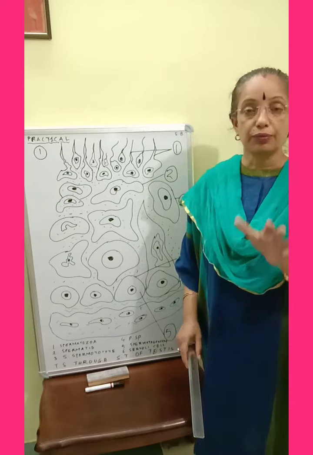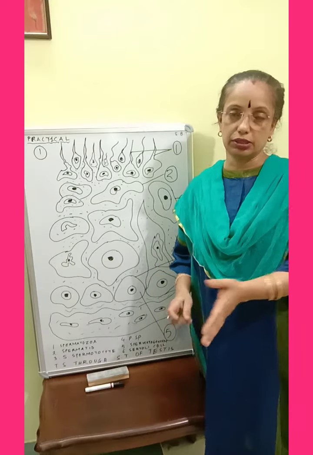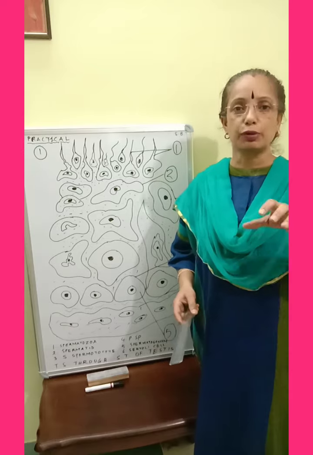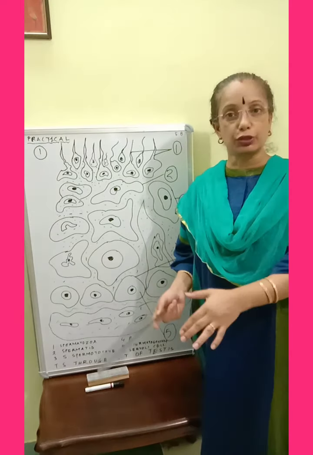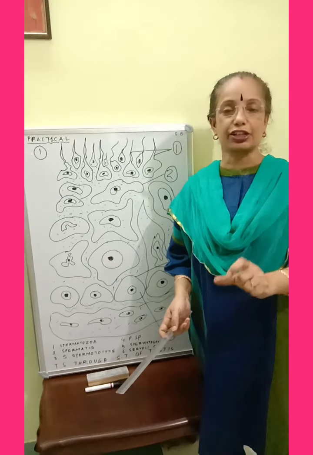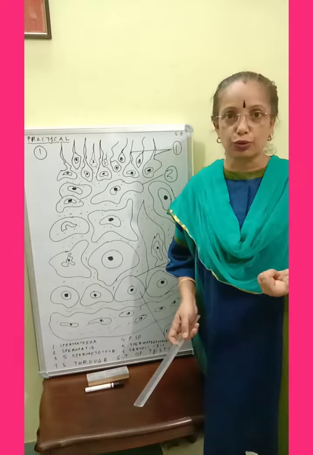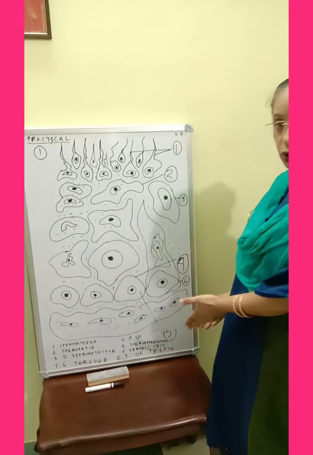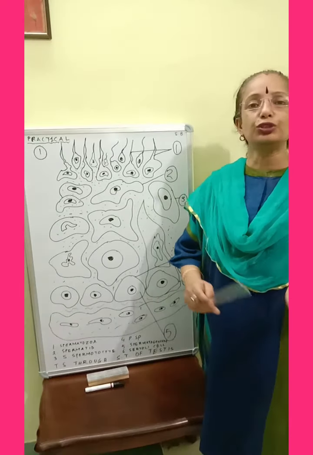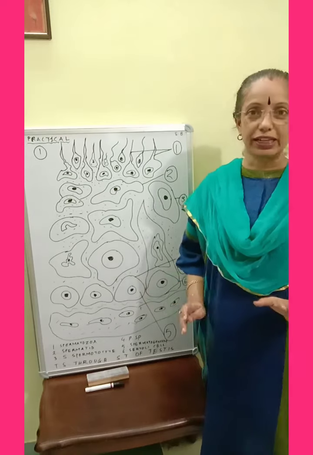spermatogonium when it takes a journey to become spermatozoa. The process itself is the journey of spermatogonium to become a spermatozoa. So transverse section of this permanent slide under the microscope, how it will look like, what you will be observing and what you will be writing in your practical record, that I'll be explaining to you.